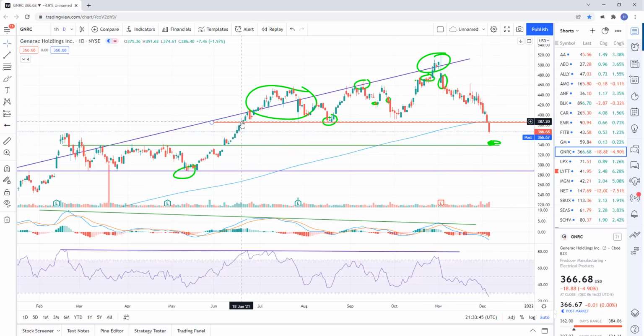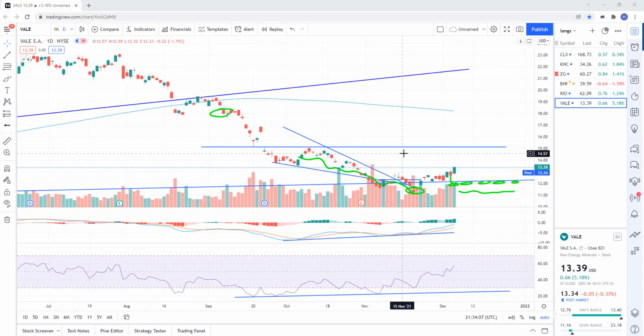It's already taken out all the price action going back all the way to June of this year. All that has now been taken out and trapped to the long side. So I think there's some more selling in the short term. And let's look at a long trade idea,